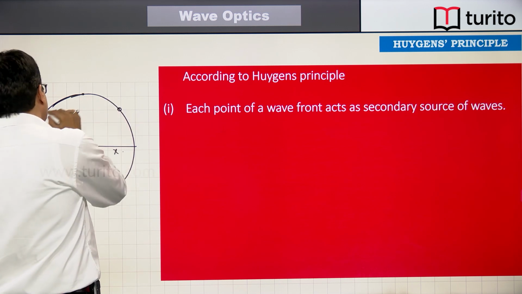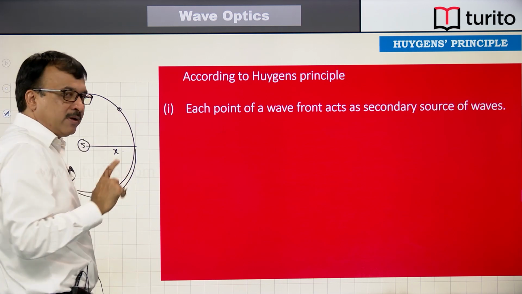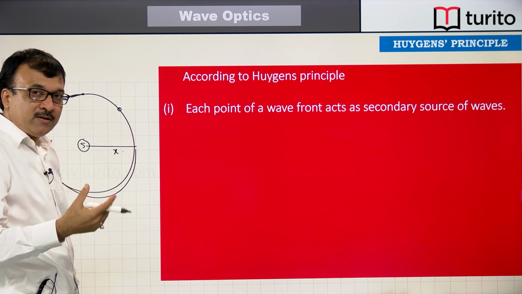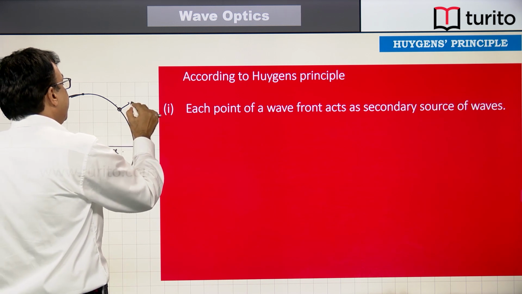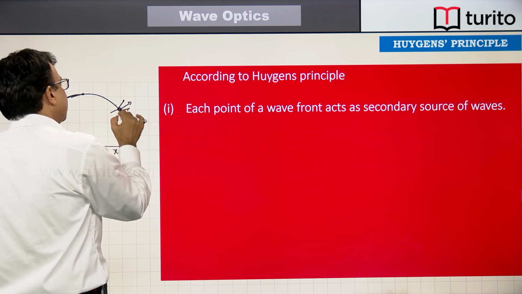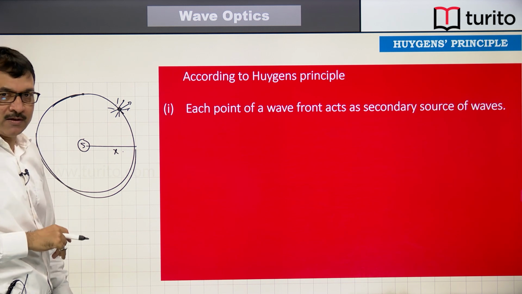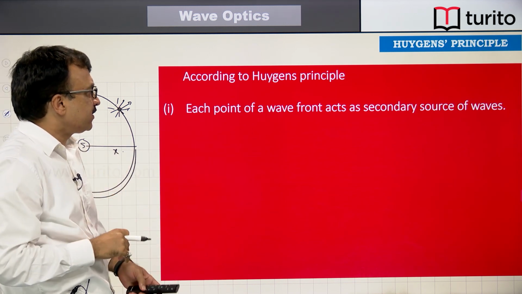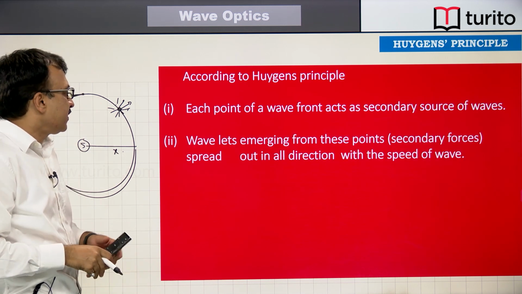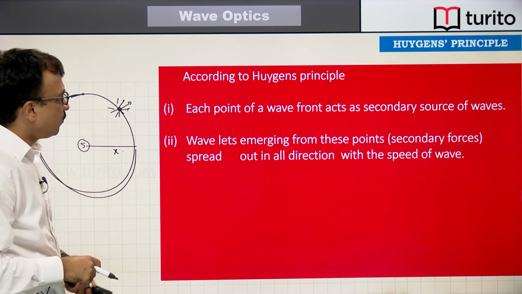So each point situated on this wavefront behaves like it is also a source of light, and it emits light waves. These light waves are called secondary wavelets. Okay. So each point of a wavefront acts as a secondary source of waves. Second, wavelets emerging from these points,